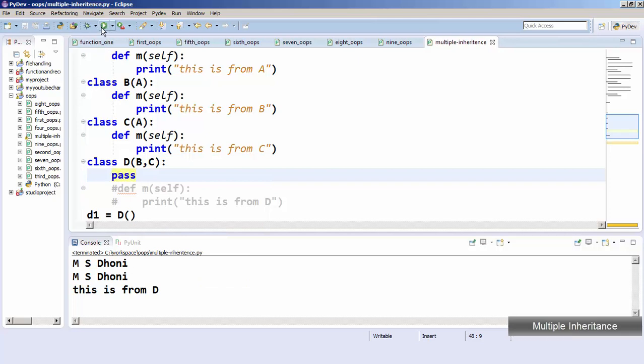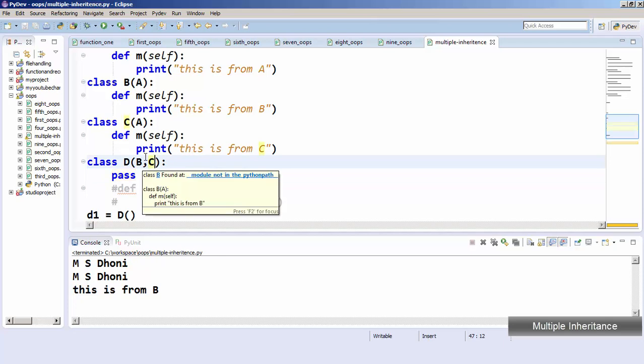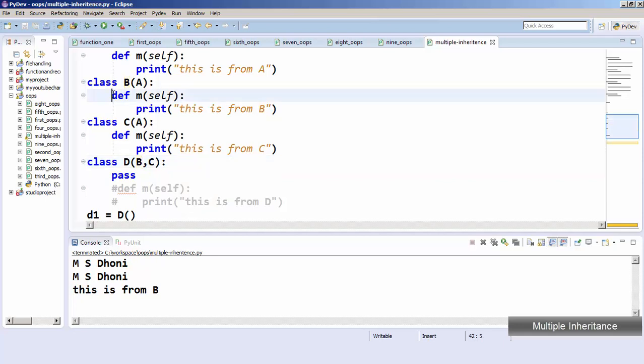What will be the output? It is from B. Why is B coming, and why is C not coming? Python has a property: if B is at the start, or we write B first, it will ask B first. If B also does not have it,